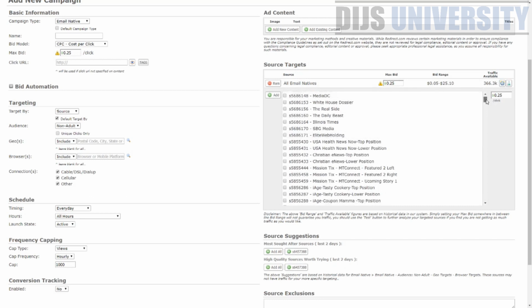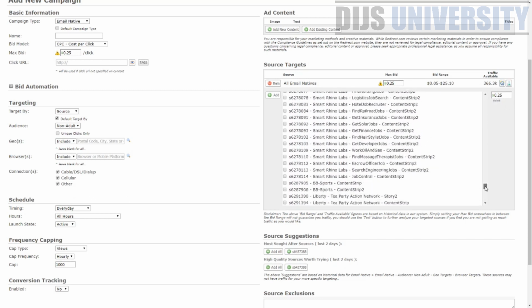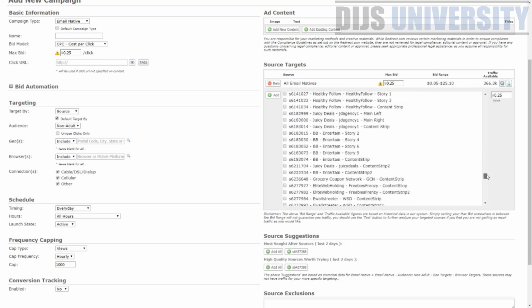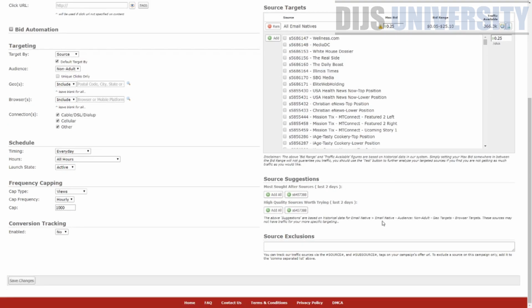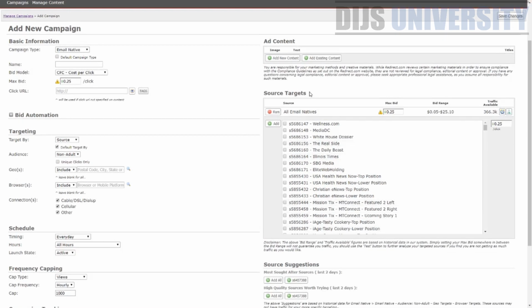So there's a lot of other sources that you can actually go ahead and check out. So there's a lot of sources here. So here is where you can actually go ahead and add your content, and here is where you can actually go ahead and add your sources as well. So they focus a lot on sources because these are their primary advantage, and that's what I feel myself regarding the redirect.com. They actually have a lot of huge sources like wellness.com, media DC, White House dossier, US health